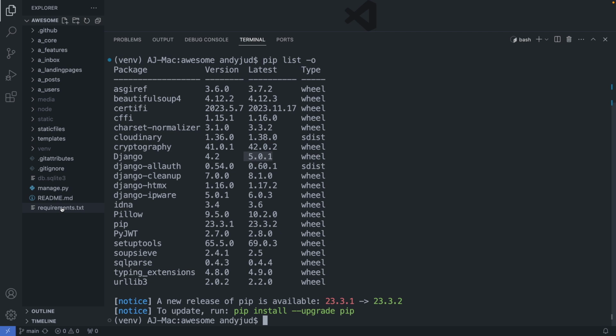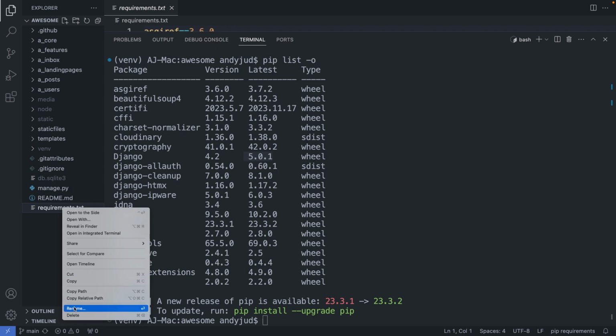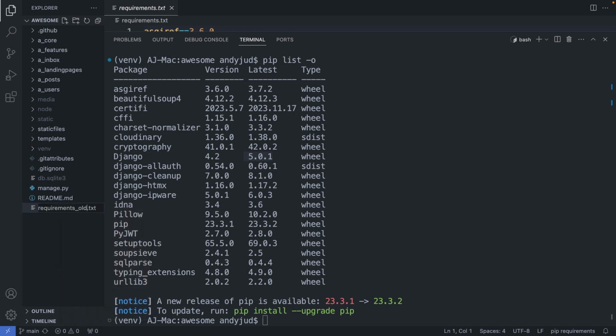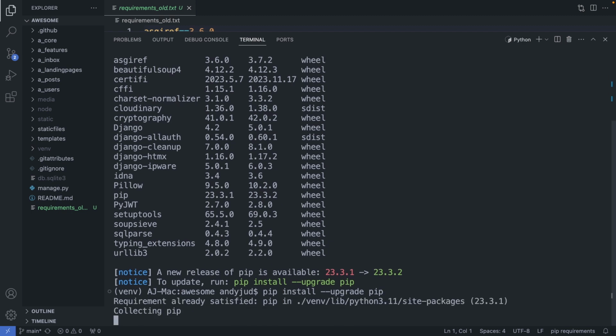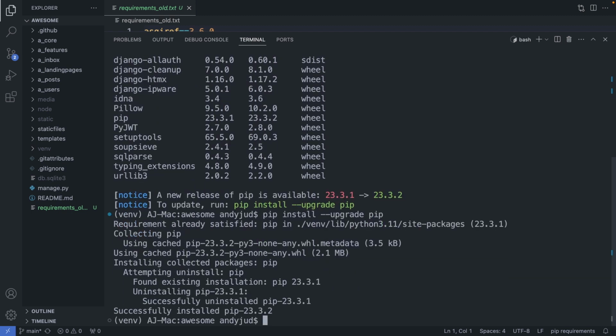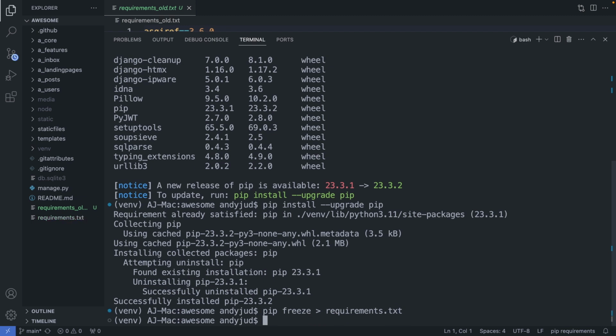First I will rename my requirements.txt file to keep it as a backup for now. So I rename it to requirements_old. I also quickly update pip. So pip install --upgrade pip. Then I create a new requirements.txt file now with pip freeze, then the greater than symbol, and then requirements.txt. Now we created a new updated requirements.txt file